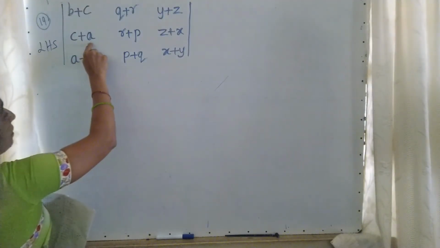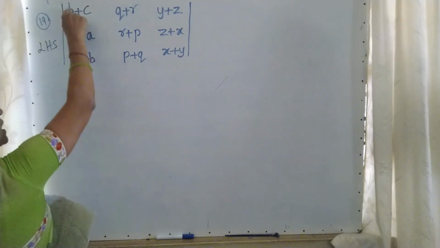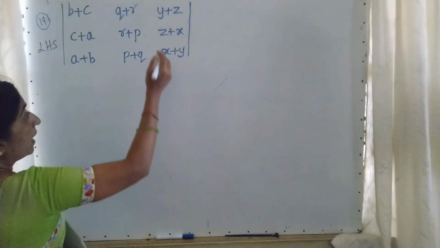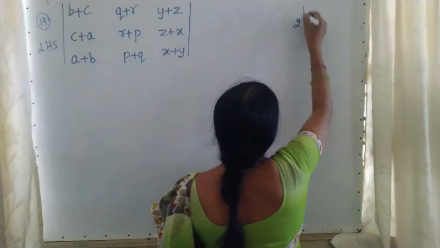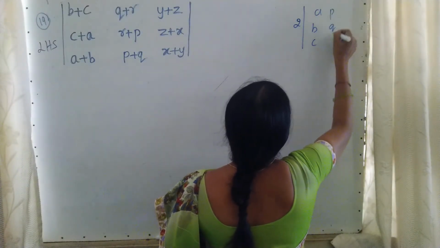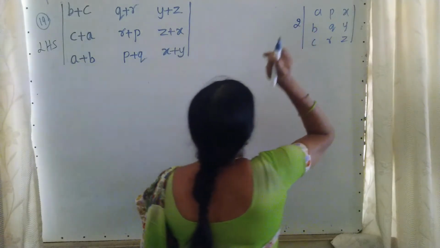If you take second minus first row, C gets cancelled, but again you will get A minus B. That means you will not get it. Try to get at least that 2 outside. See the reference answer, the required answer is this one. Try to get these 2 at least.